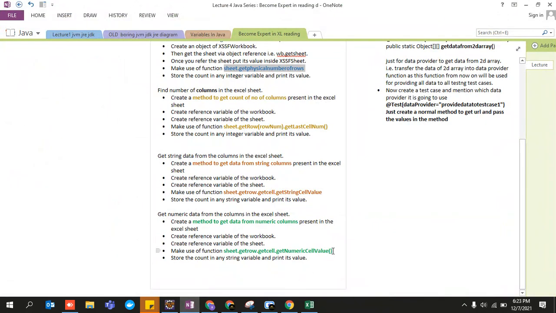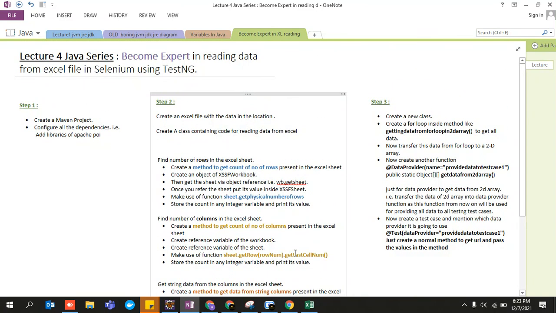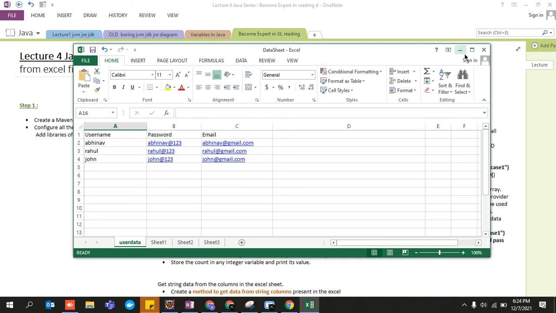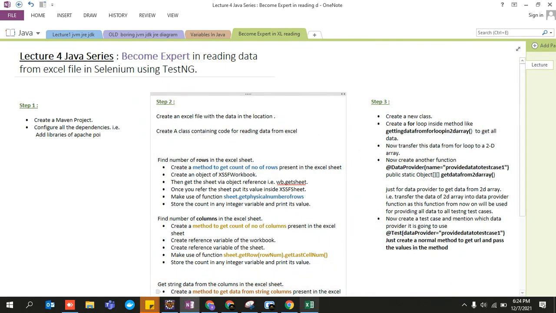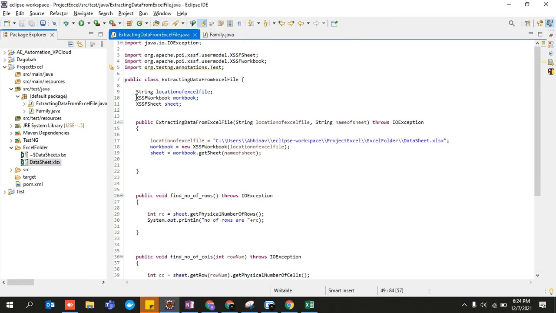You just have to learn this particular thing, highlighted in green, and this one highlighted in yellow. If you want to learn, then only learn this, and at the time of the interview your life would be easy. So guys, if you practice this twice or thrice, you will simply become an expert in reading data, and you do not need to learn it. Please do not learn it. Everything had a reason, and I explicitly told you why the number of rows is required, why the number of columns is required, and why the reference variable of this XSSFWorkbook got created. I already gave you the example of this particular class. I hope I have made sense in this lecture.